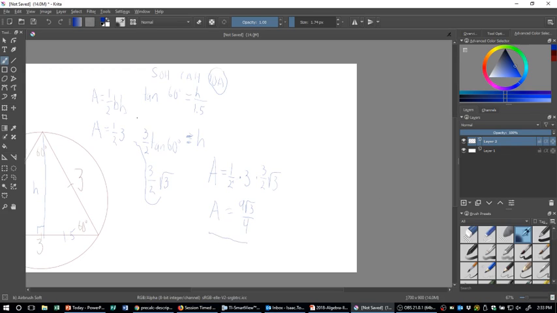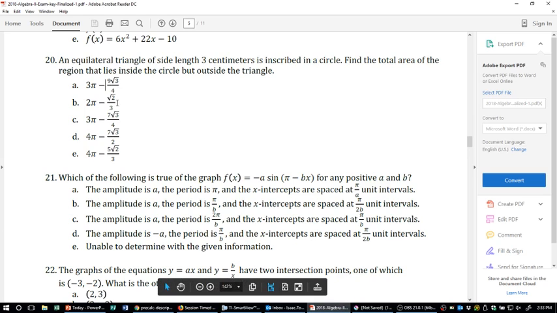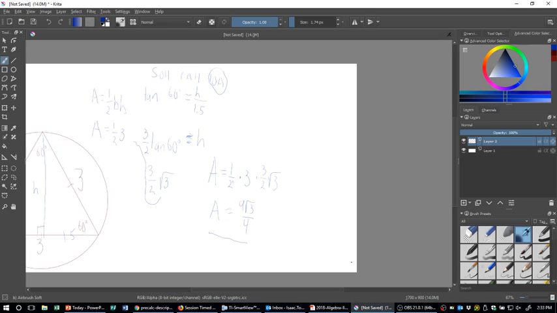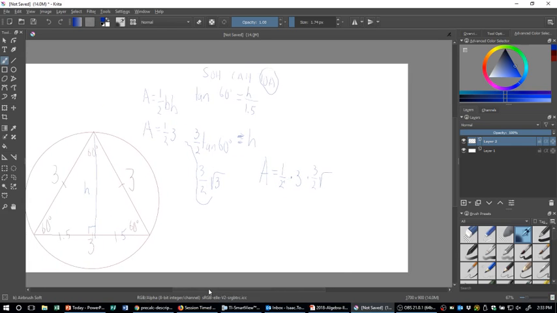Now again, that's not really what they wanted us to do, but there's only one choice that looks like it's set up that way. Choice A looks like it's trying to subtract 9 square root of 3 over 4. None of the other choices have that. So number 20 will end up being choice A for that reason. Now that's a little bit of an assumption, I guess. So if I back it up here just a bit,